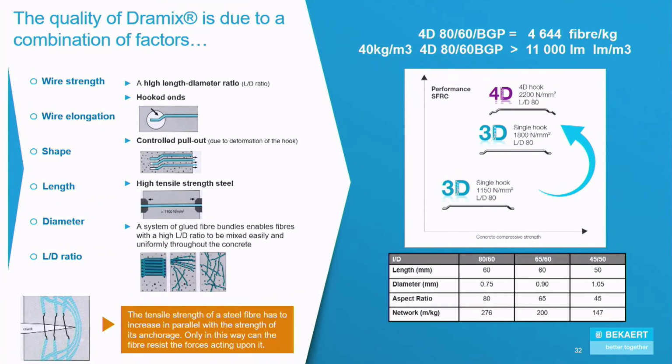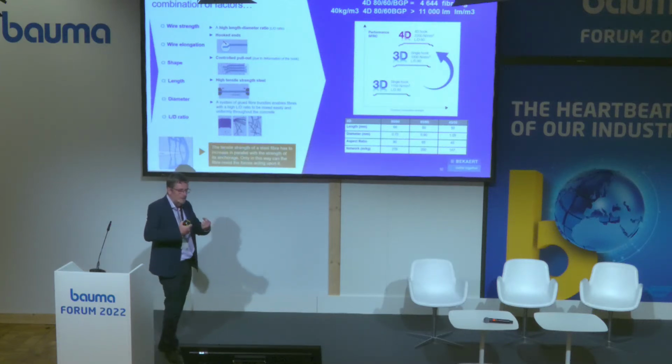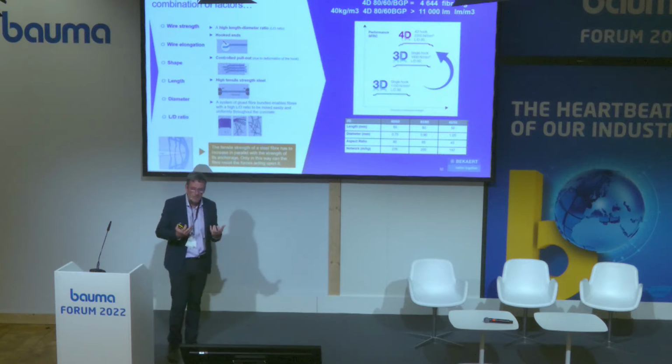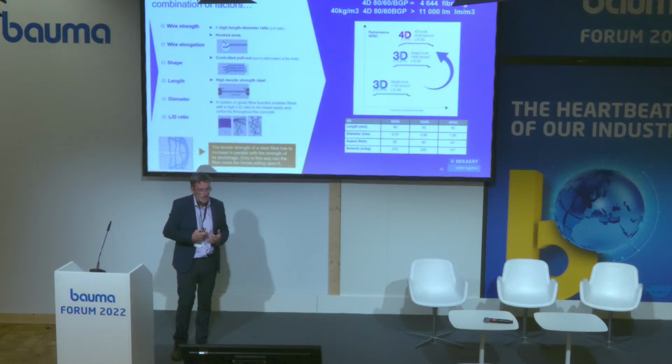So the quality of the dosage is due to a combination of factors: the wire strength, the wire elongation, the shape, the length, the diameter, the L/D ratio. But one point which is important to keep in mind is that the tensile strength of a steel fiber has to increase in parallel with the strength of its anchorage. Only in this way can the fiber resist the force acting upon it. That means you always have to adapt your tensile strength to the quality of your anchorage. That's why we also always upgrade our product according to this